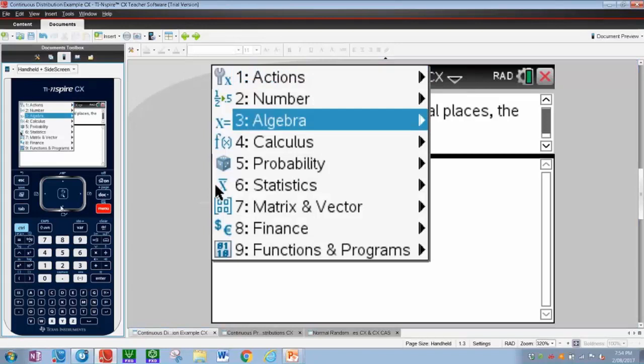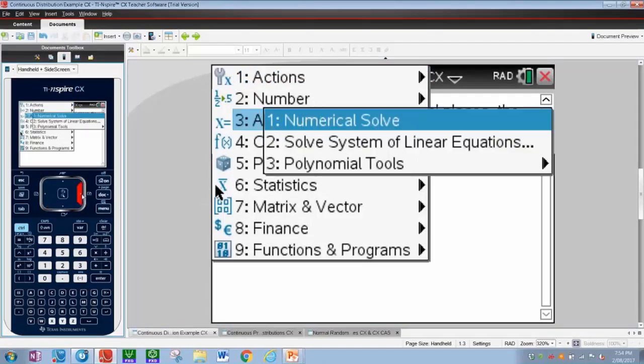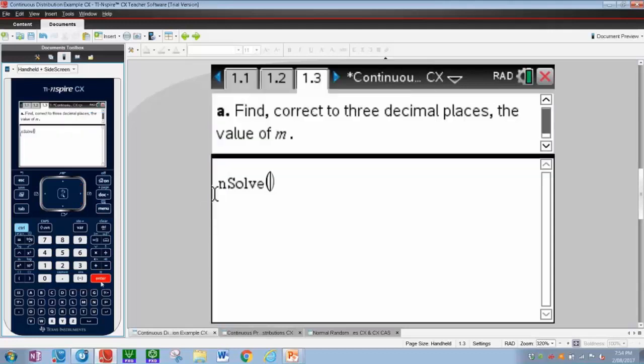So we're going to still go to menu, algebra, but the problem is now we have a numerical solve. We don't have the algebraic solve like we had last time. So you go to the numerical solve, and this time when you go for the integral, I'm going to press shift plus again, we do the integral. If I try to put negative infinity here, it won't work anymore. So unfortunately with the CX, we actually have to give it the numbers as required.